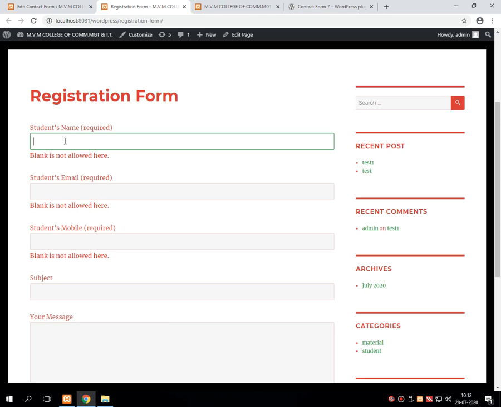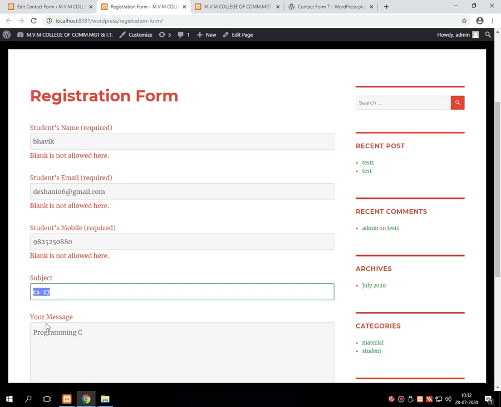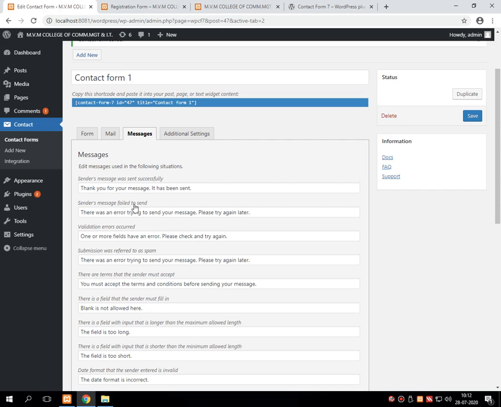Now, for example, here I have written the required data for this particular form with some content, like subject is CS17, programming in C. Then suppose we want to change the success message, that is, the sender's message was sent successfully, thank you for your message, it has been sent.